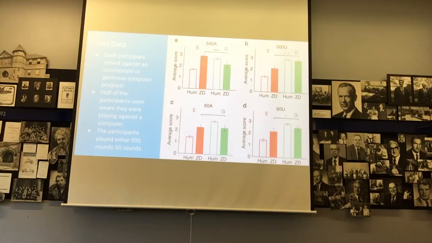Do they know the results of the previous round when they make their decision the next round? Do they get feedback? Yes. So they know what happened the previous round. They know the computer's previous move. And they know that for the unaware as well, but they just think it's a human who made that move. So how does the computer know? How does the computer store?